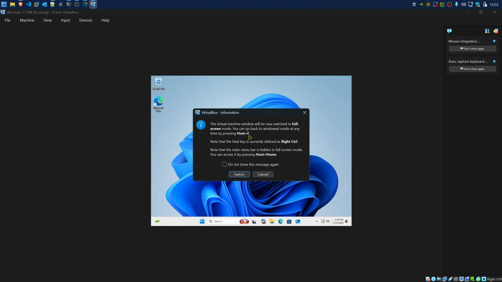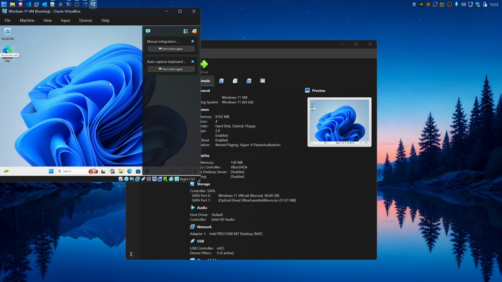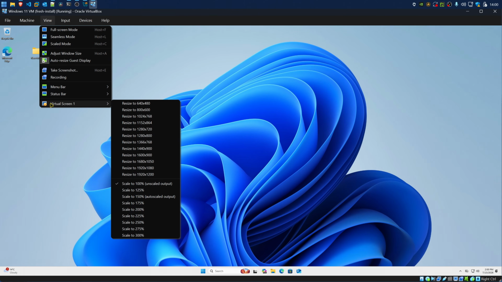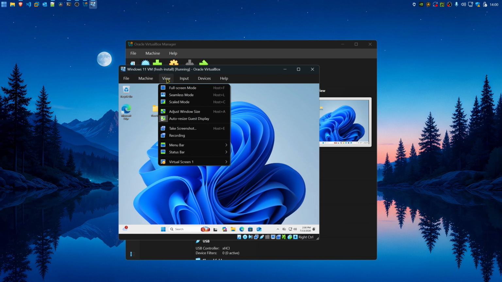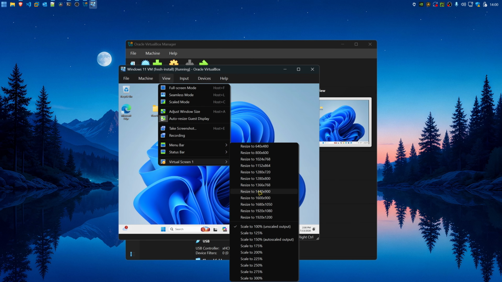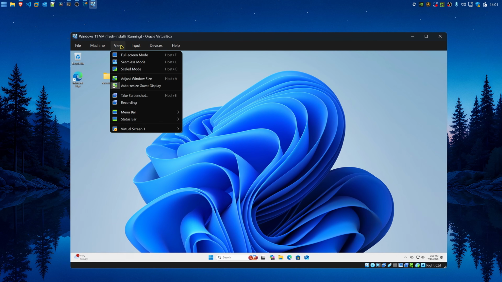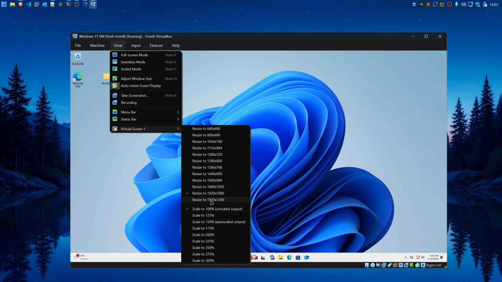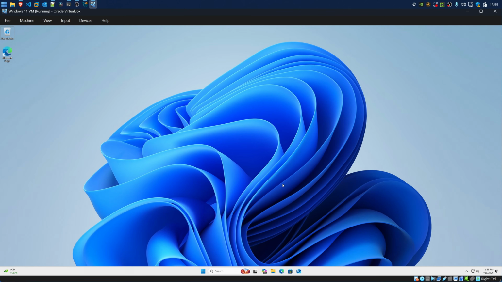Now, if for some reason you're still stuck in a square box, even after going to full screen mode, you can go to the view menu again, and then you can choose either adjust window size, or at the bottom here, you'll have this virtual screen option where you can resize it to different resolutions, as well as change the scale of those resolutions. So you can feel free to play around with these settings if you're still stuck in a square box like before and it hasn't actually gone full screen or to a reasonable resolution that you want to work at. You'll also get a few notifications about mouse integration on the right here, and I usually just dismiss all of those and just hide the notification pane.